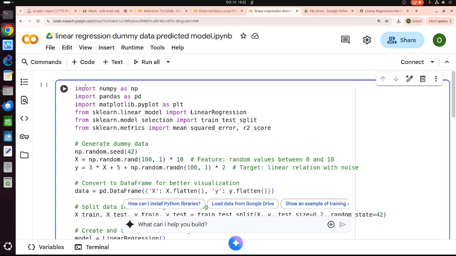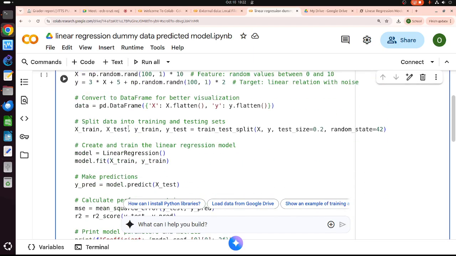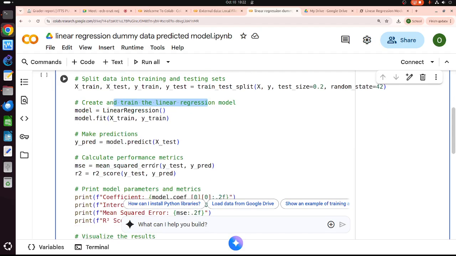So we need to import first all the libraries, NumPy, Pandas, and Matplotlib, and then load the subroutines that we need. Generate dummy data, convert to the data frame, split, create the model, make prediction, calculate the performance, print and visualize. Okay, let us do it.